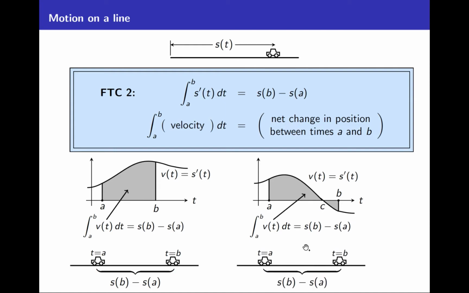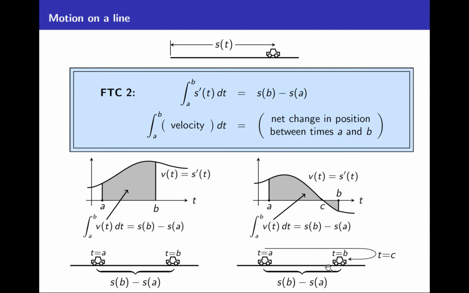Still, s of b minus s of a is the net change in position. But notice it's not necessarily how far that car traveled. It's just the difference in position between time b and time a. What happened here is the object moved to the right until time c, and then it started going back towards where it started. So when we say net change in position between time a and b,